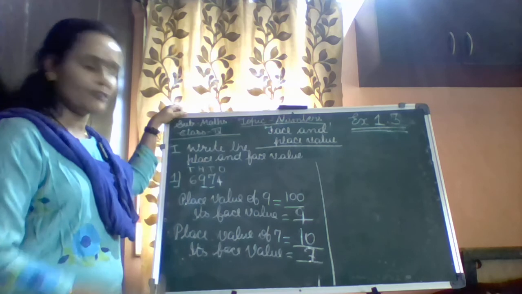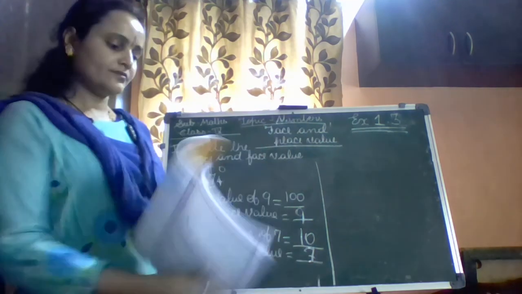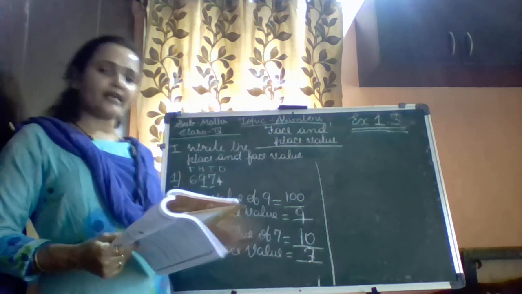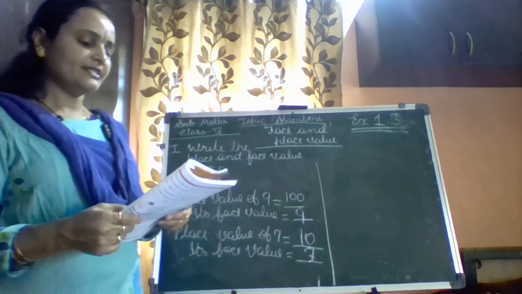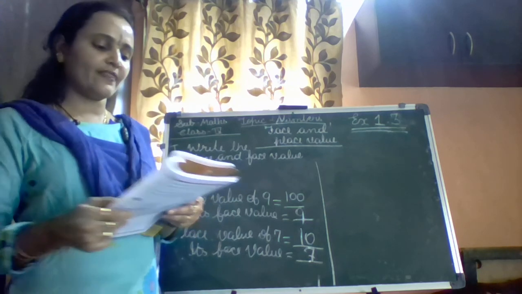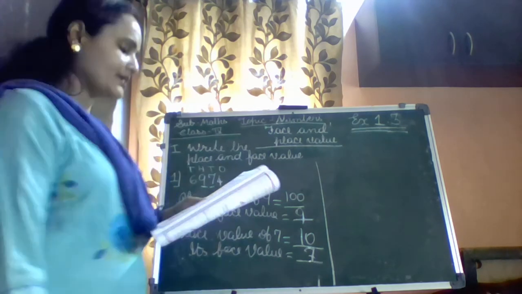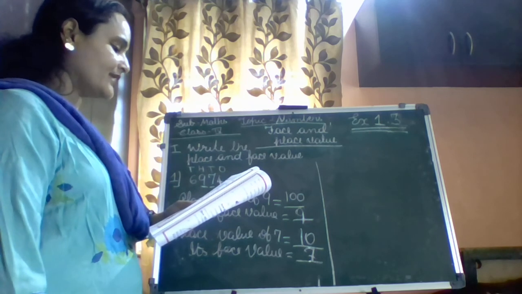I'll give you the same type of homework. There are certain fill in the blanks. I will just discuss it. You need not write it in your classwork. So the first question, in 4267, the difference between the place value and the face value of 6 is